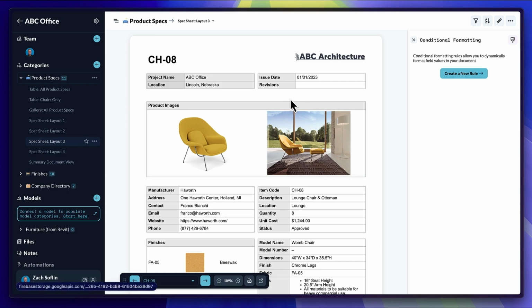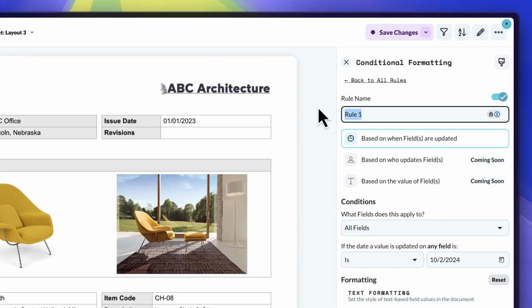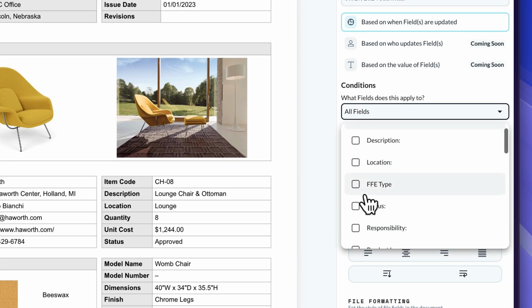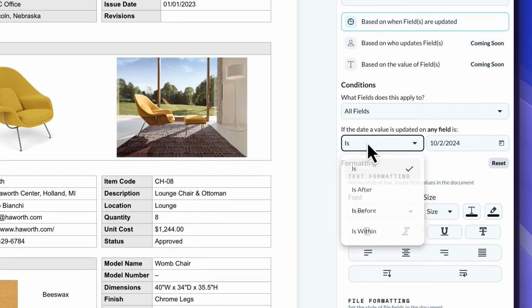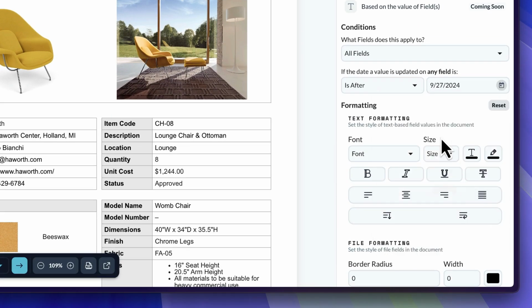So let's go through this example here. In document view, I can create a conditional formatting rule by clicking here. And what we're going to do is highlight anything that's changed since our 9/27, or September 27th, submittal. So I can name it here. Below, this is the rule type. In this case, I'm going to select based on when fields are updated. And then we can set up the actual conditions. We can apply these conditions to all fields, or I can select specific fields that this applies to as well. So we're going to say, basically, in all fields that were updated after September 27th,